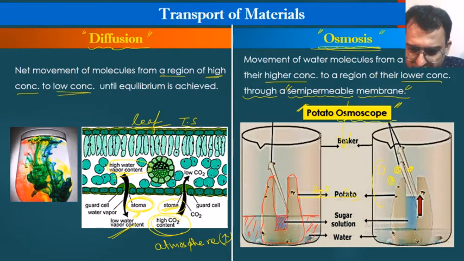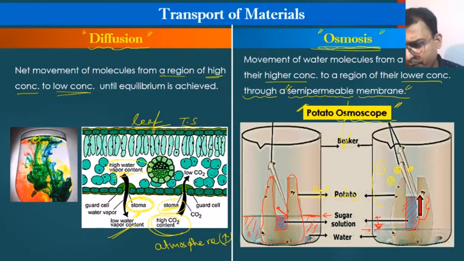You can also put a pin or marker here just to know that this is the starting point of the water level. Then after some time, what we see is, outside you see this is the water level initially in the beaker. Now the water level has reduced. The water level came down and the water level inside this potato increased. This is the height, it has increased, this much height it has increased.